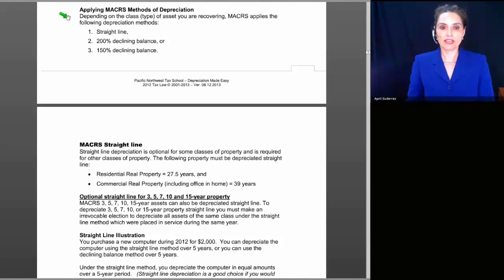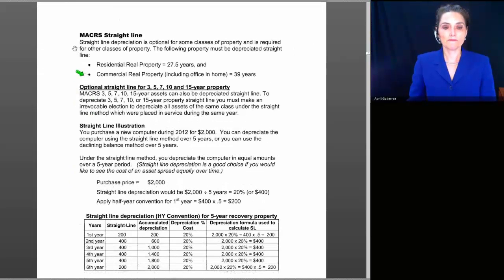Depending on the class type of asset you are recovering, MACRS applies the following depreciation methods: straight line, 200% declining balance, or 150% declining balance. For MACRS straight line depreciation is optional for some classes of property and is required for other classes of property. The following property must be depreciated straight line. It includes residential real property, which is 27.5 years, straight line,